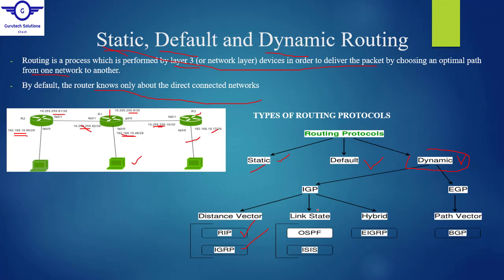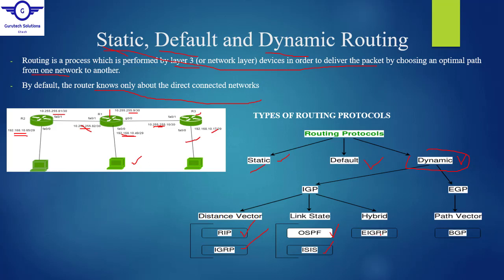Then under link state we have OSPF. OSPF basically stands for open shortest path first, it basically does routing by selecting the shortest path to forward the routes. Okay, then we have IS-IS, which I've never used, but you should consider it. IS-IS, right? Then under hybrid we have